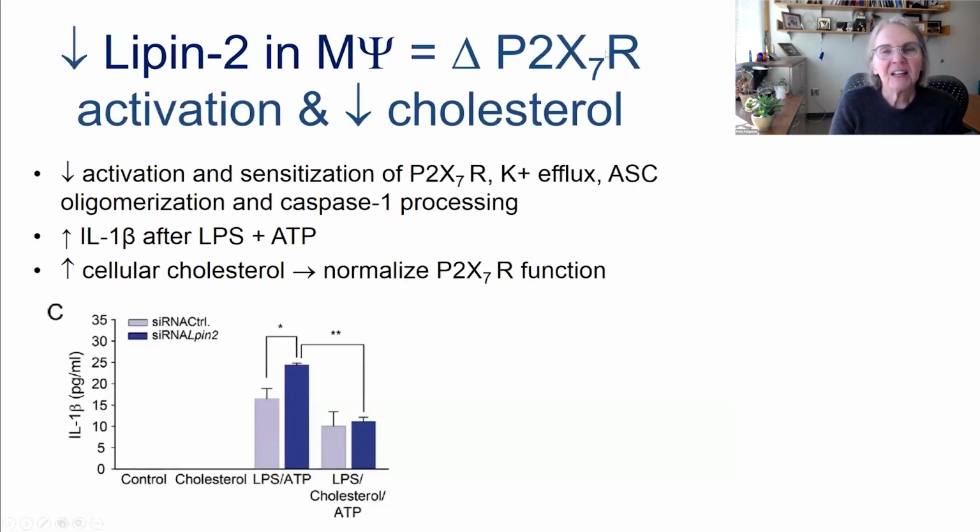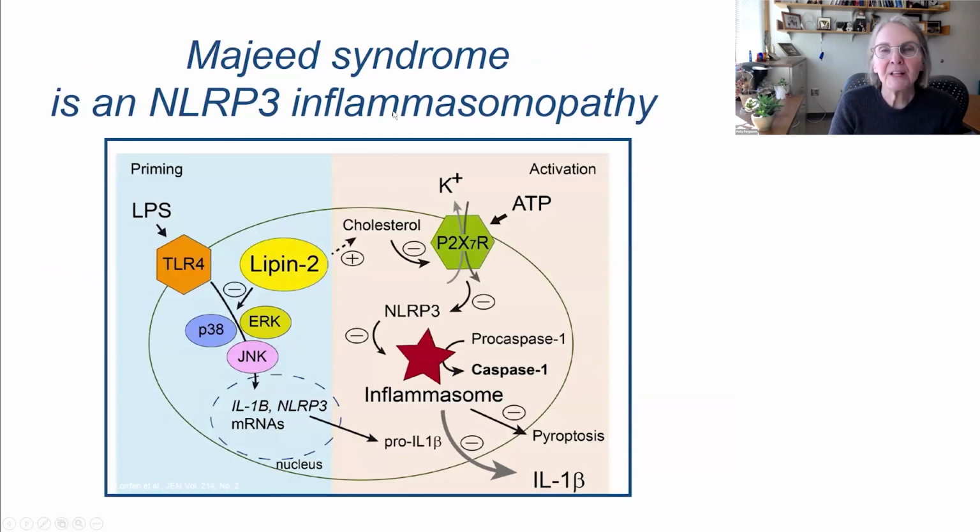And then just to show you that it really looks like lipin-2, the protein that's affected in this, is really important in cholesterol metabolism. And so the cells that don't have this protein have low intracellular cholesterol. And what happens is it makes this P2X7 receptor function abnormally in such a way that there's increased IL-1 beta. So it looks like this is an inflammasomopathy. So what's happening here is we have low intracellular cholesterol from the lack of lipin-2, and that causes this receptor to gate abnormally. And it basically turns on that inflammasome, so it's constitutively on, and there's increased